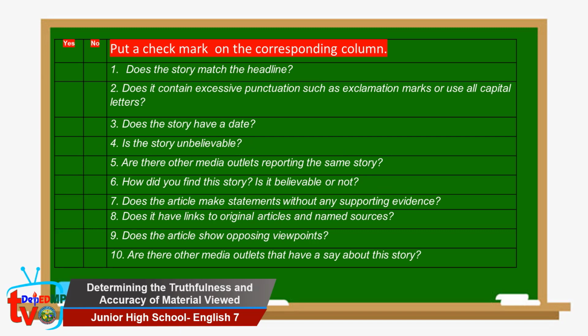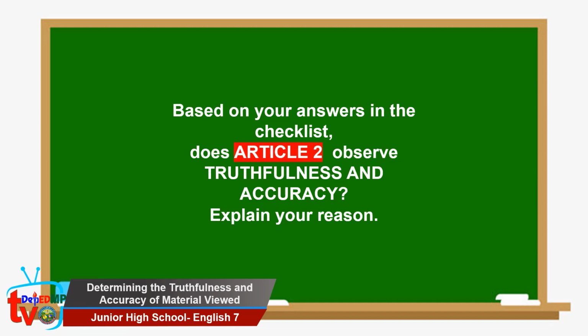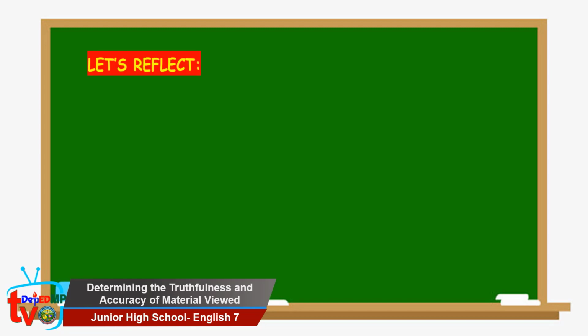Bring out now your checklist and put a check mark on the corresponding column whether it is yes or no. Based on your answers in the checklist, does Article 1 observe truthfulness and accuracy? Explain your reason. Write them directly in your activity sheet. The same is true with Article 2. Does it observe truthfulness and accuracy? Explain your reason. And also, put your answers in your activity sheet. Now that you are done with Activity 2, ask yourself,